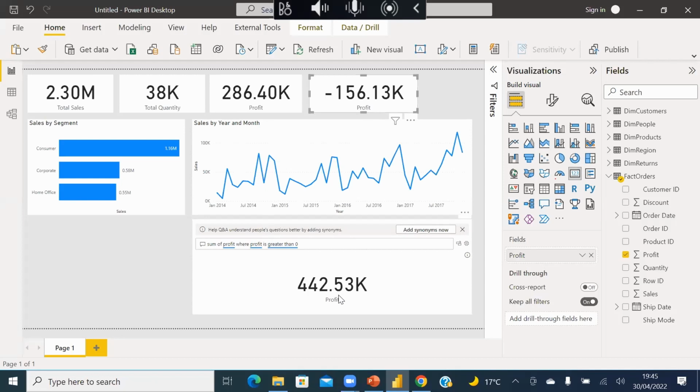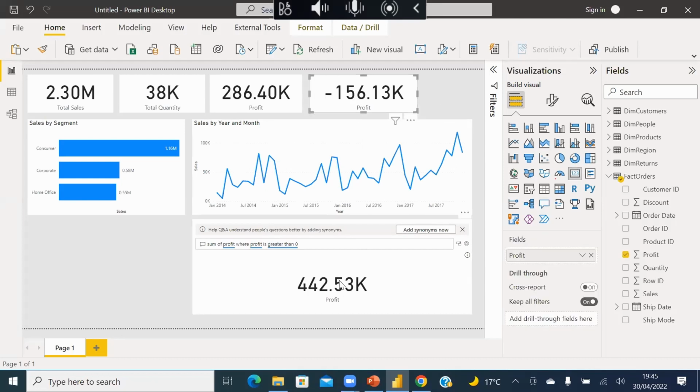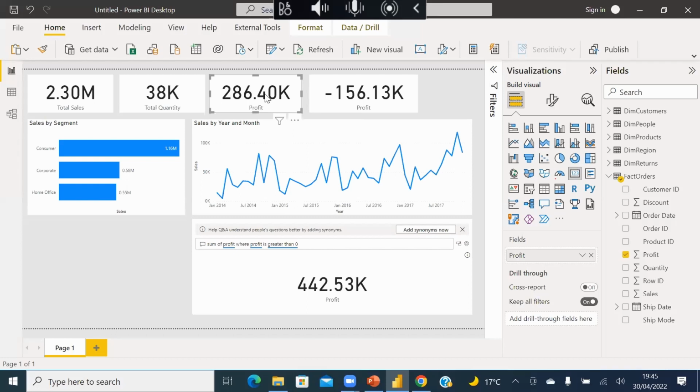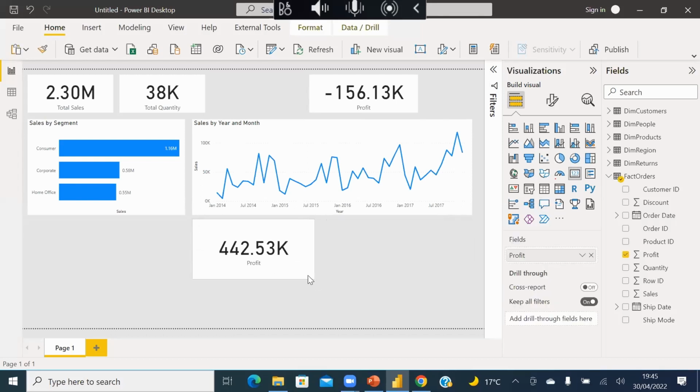So this is loss, this is profit, right? You saw the product at a loss, and this is profit. So you can now subtract these two. When you subtract these two, you now get this value. So I'm taking this out for now. I'm turning this into a card, and I'm taking it back up.